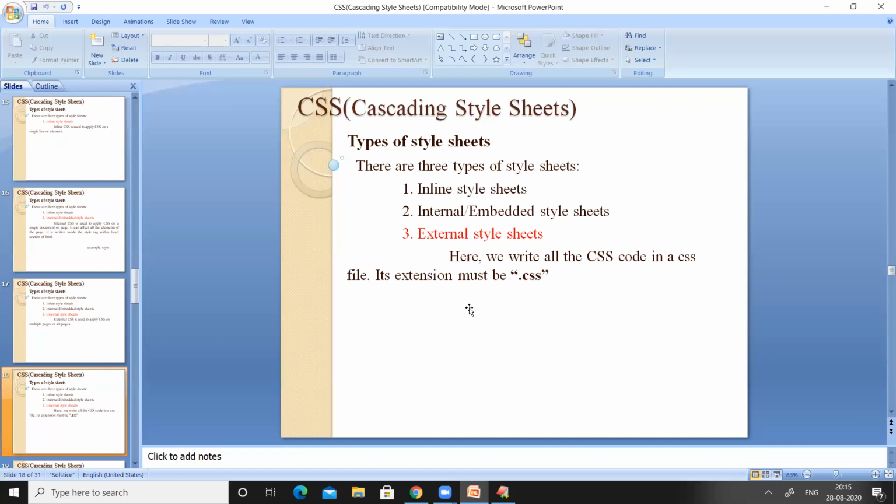The people who work with programming languages all know these types of formats. When we write a C program, we save it with .c. When we want to save a C++ program, we save it with .cpp. We save Java programs with .java.